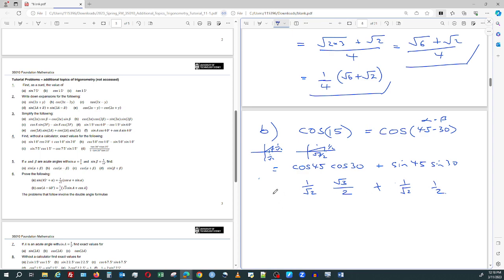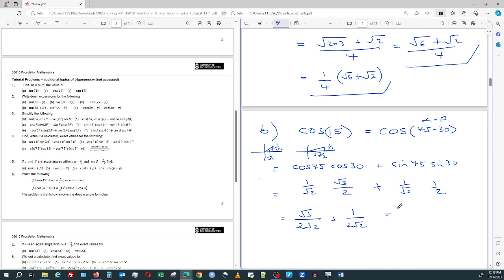Okay, so if we put them all together, we'll get root 3 on 2 root 2. This looks familiar, doesn't it? And so we've completed the problem, and we've got 1 over 2 root 2. They're the same family, so this time